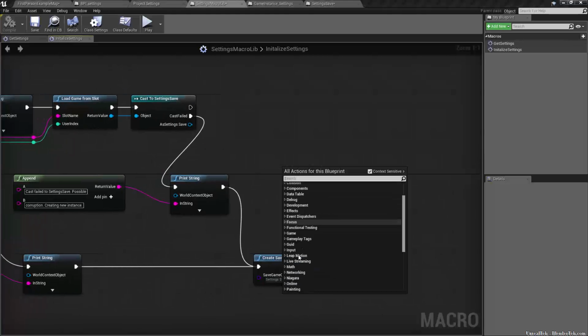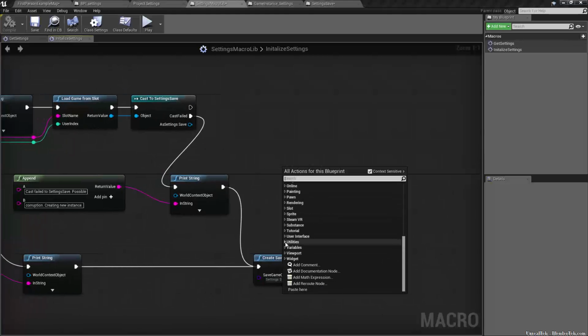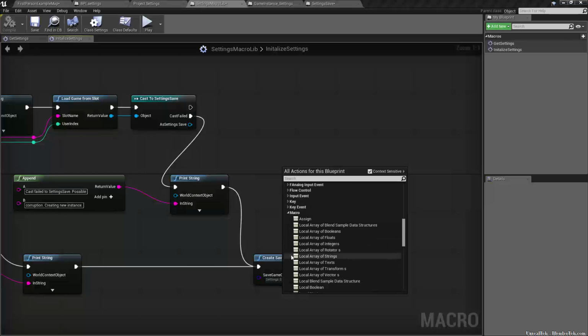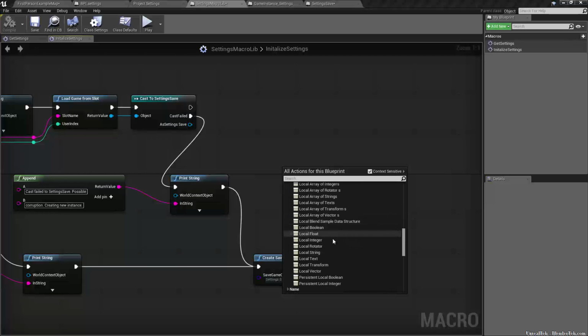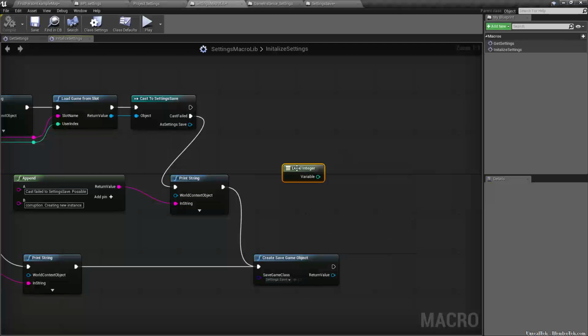There's a very neat, if we go into utilities, I believe, and then macro, you can see there's all sorts of stuff we can do. And we want a local integer. That just creates, as you can see, a local temporary integer variable. And we're going to use that for a